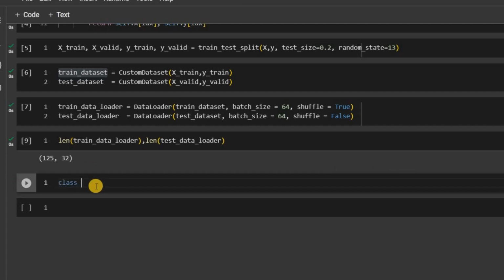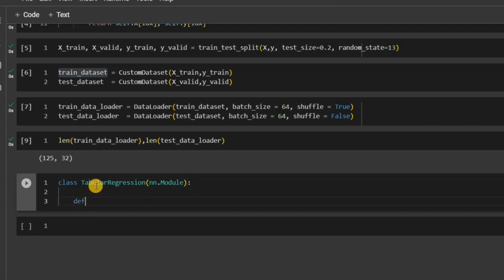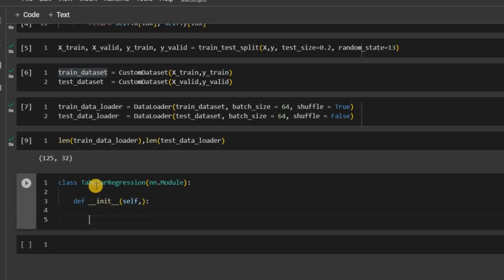We say that we are building a tabular regression model, and it is going to have a parent class which is nn.Module, and it is going to have an initializer as well, which is self, and there are going to be some parameters which we will declare, and we will do the initialization of the parent class. So we mention the class over here, and then write self dot